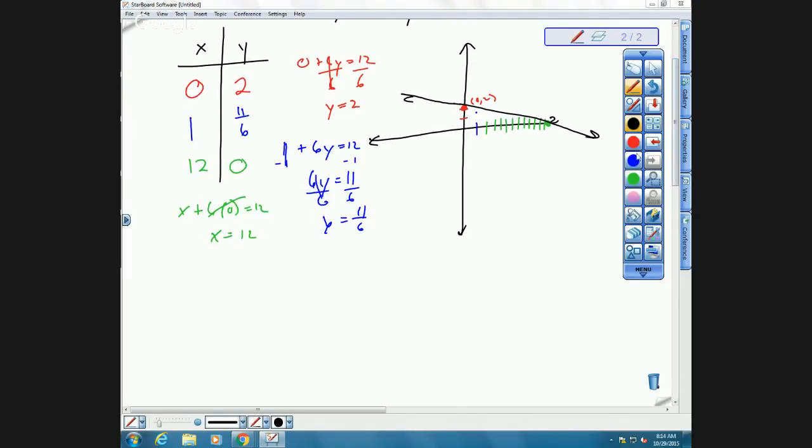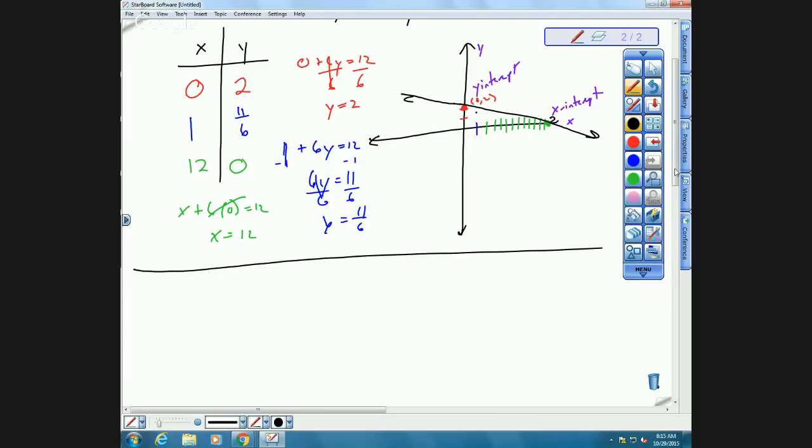All right, so what this graph right here has 2 points that we're going to use on our next section. This point right here crosses the y-axis, and it is called the y-intercept. Called the y-intercept because intercept means where that line meets that line. So right here, this one's called the x-intercept because that's where it crosses the x-axis. So the next way to graph, which I believe is kind of getting into 3.3 now,